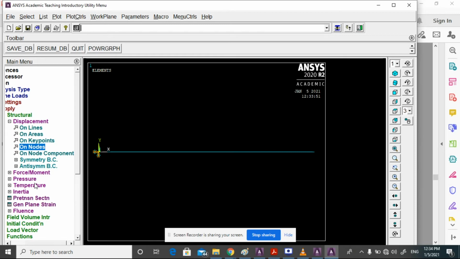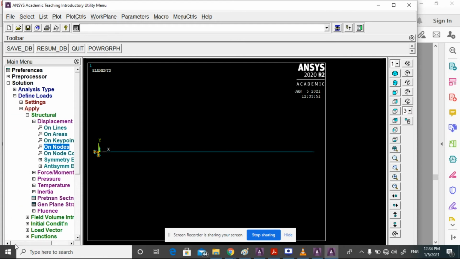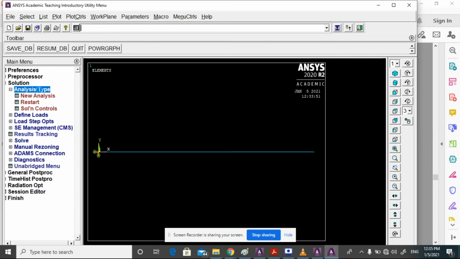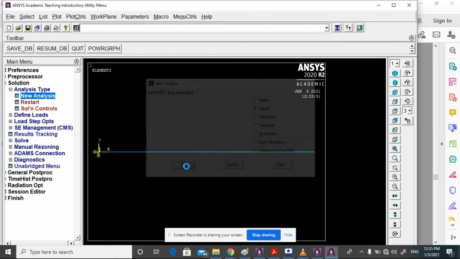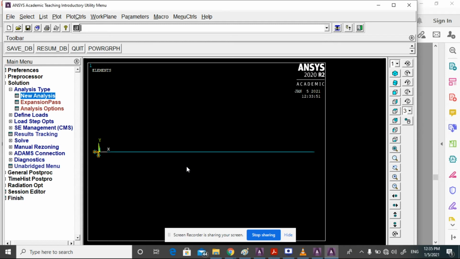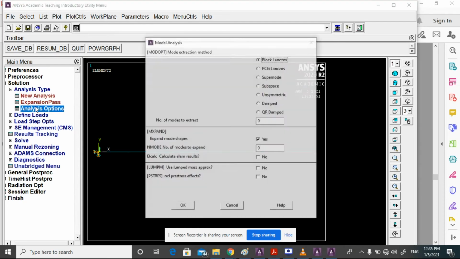Analysis type, new analysis, modal. Then OK. Options, block Lanczos.